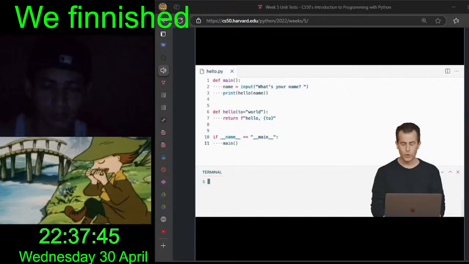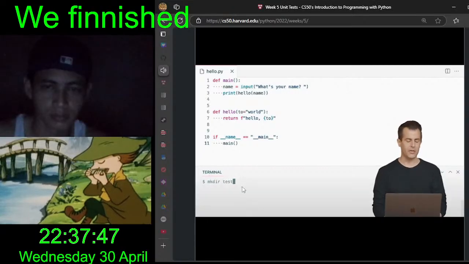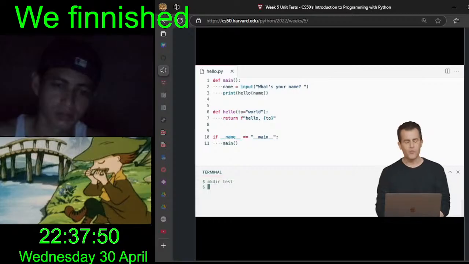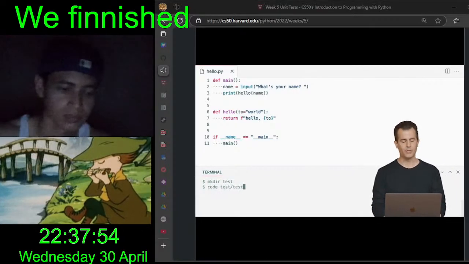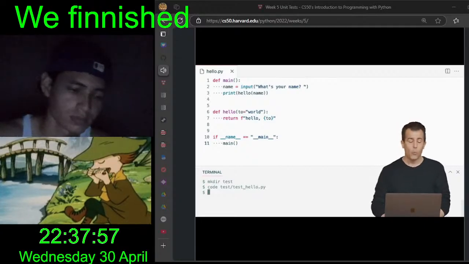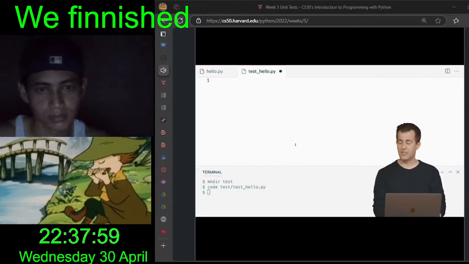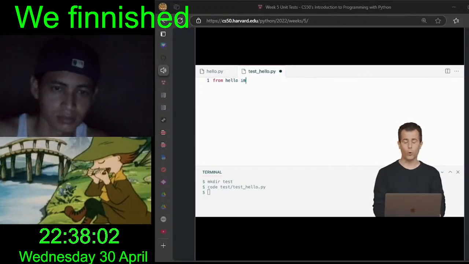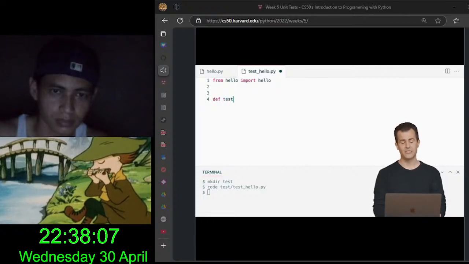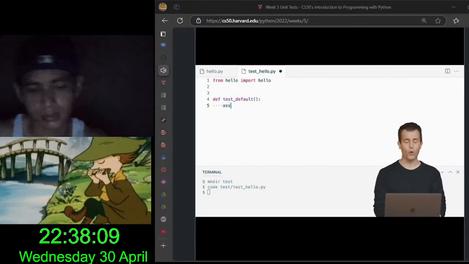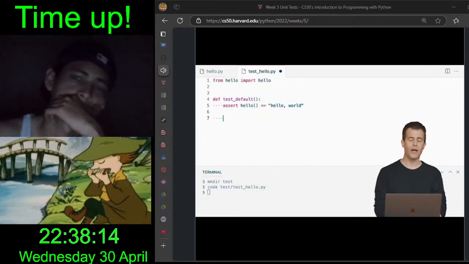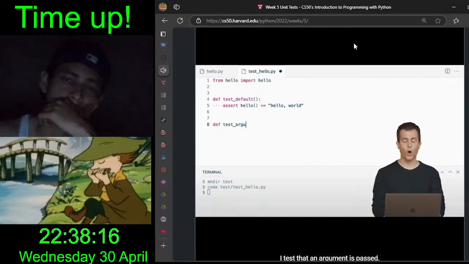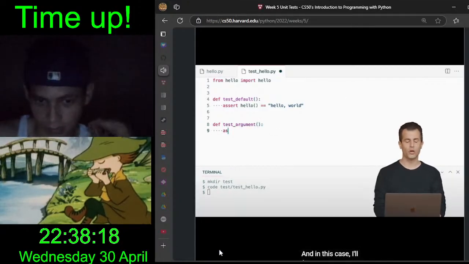I'm going to go ahead and create a new folder called tests using mkdir at my command line, and then within that folder, I'm going to go ahead and create a file called test_hello.py. Within this file, meanwhile, I'm going to test the same things. I'm going to go ahead and from hello import hello, and I'm going to define a function like test_default that simply tests the scenario where hello with no arguments returns hello, comma, world, and I'm going to have that other function where I test that an argument is passed, and in this case, I'll choose an argument like asserting